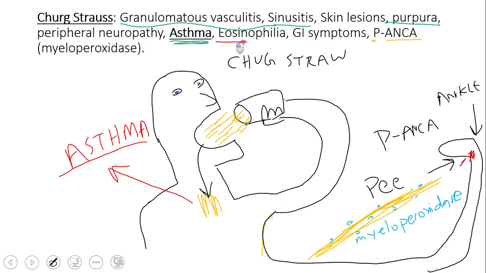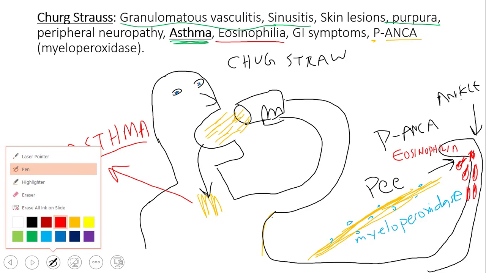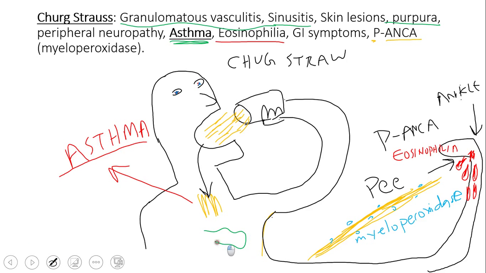And maybe this eosinophilia is because he is afraid, or maybe he loves blood. Eosin is like blood. So I'll probably put down here eosinophilia. And of course, if you were to chug straws, you're going to get a bunch of really nasty GI symptoms. So GI